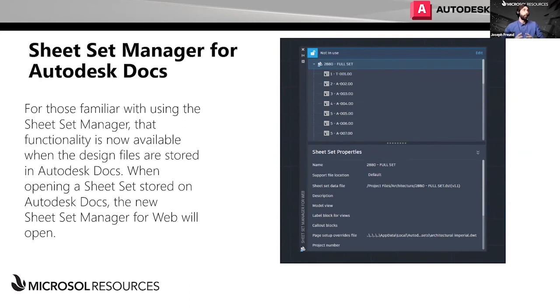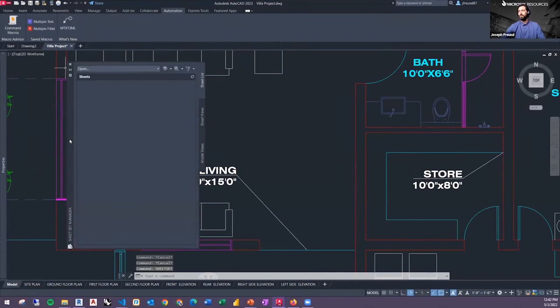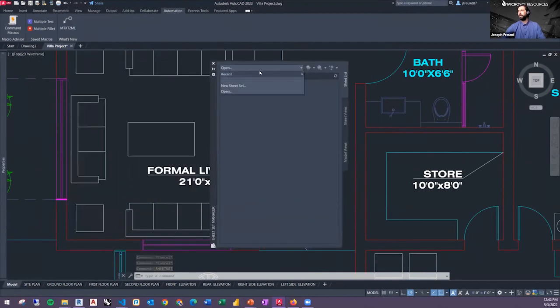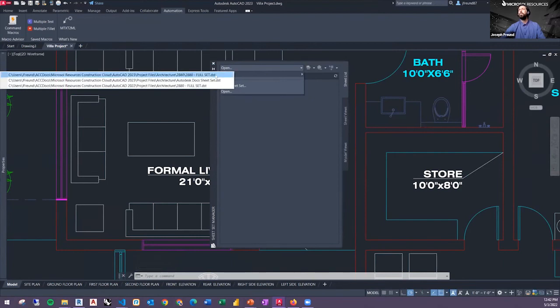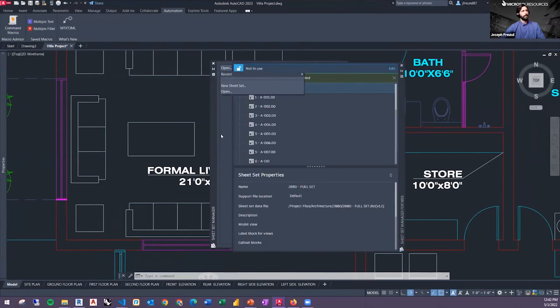I do recommend that before really diving into fully using the sheet set manager for Autodesk Docs on every project that your firm has, to just do a quick test and make sure that it's all working to the extent that you're going to be trying to tap into the features there. If I go back to AutoCAD here, I'll run the SHEETSET command to pull up the sheet set manager. And now if I go to open one of these previously saved sheet sets, and this is one that's up on Autodesk Docs,